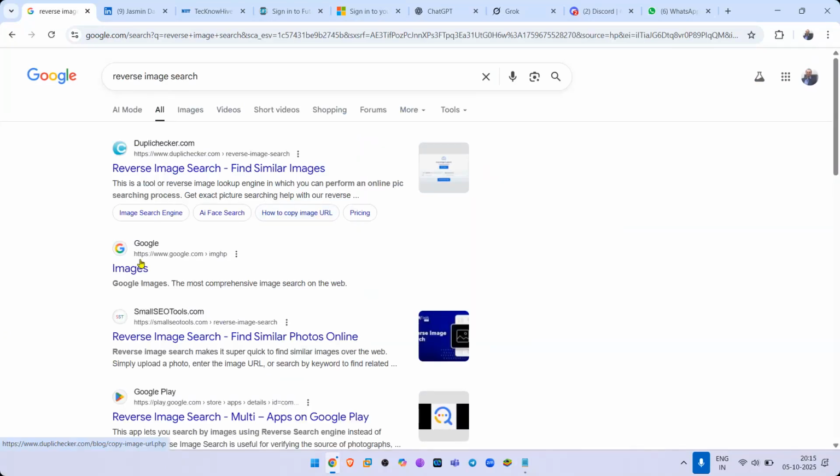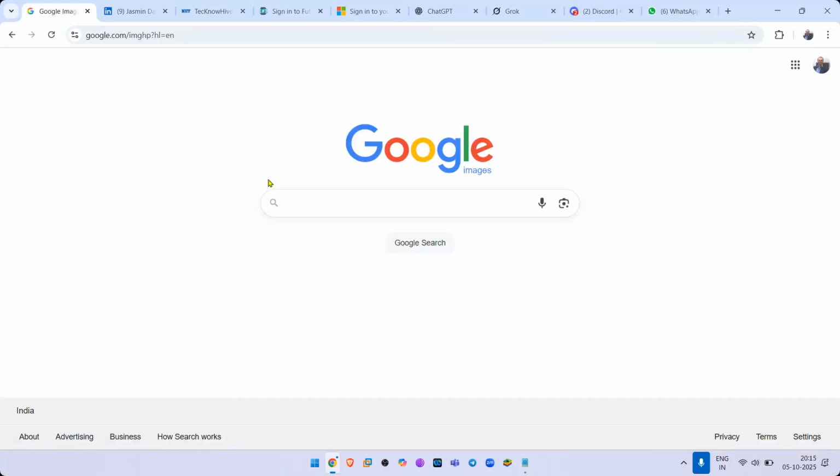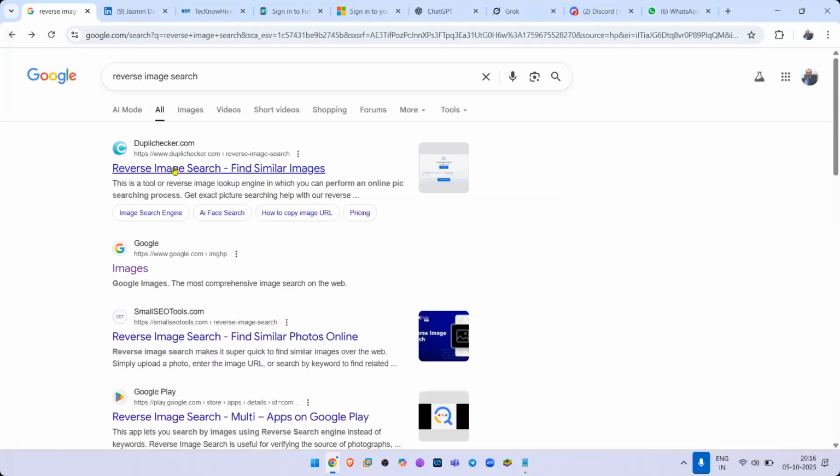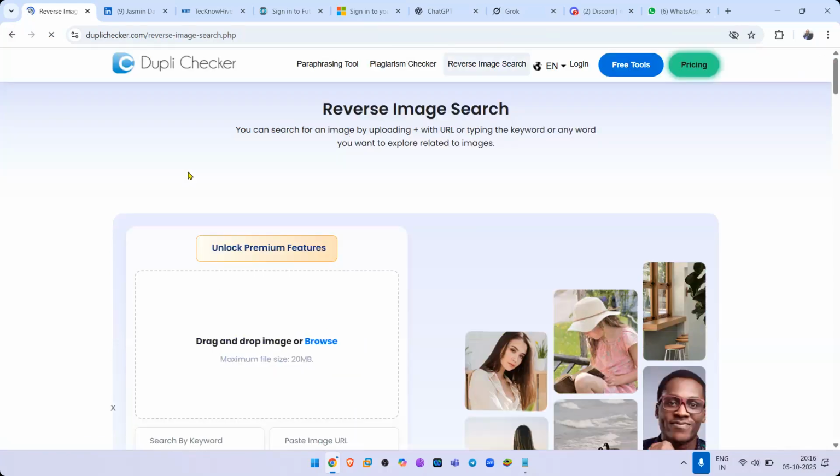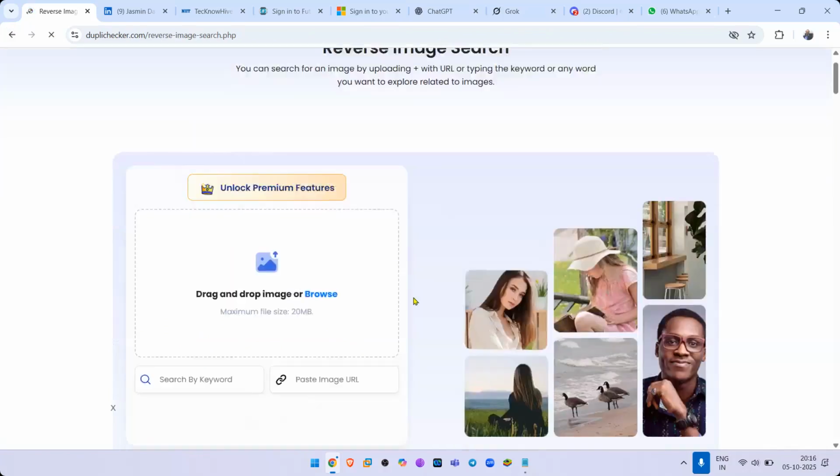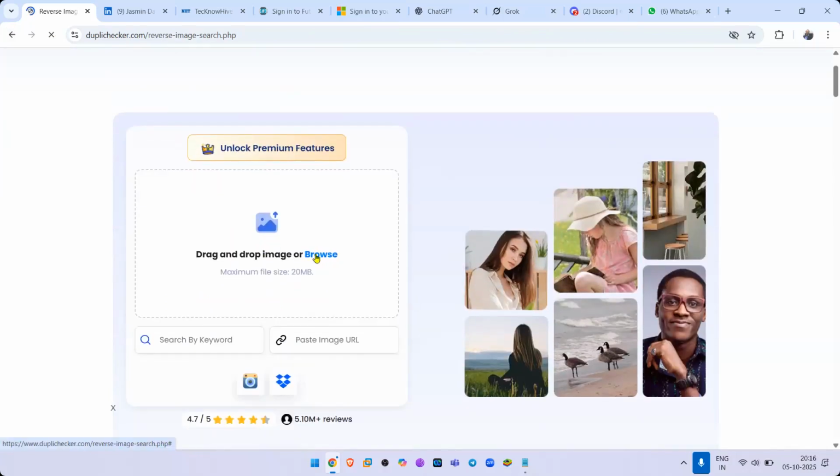There are websites like Google search by images, or just go to duplicate checker or reverse image search. There are so many apps that are there. Just click on reverse image search and click on browse.